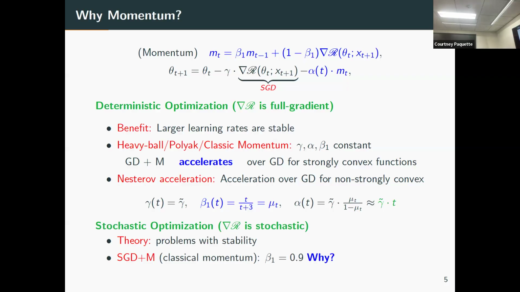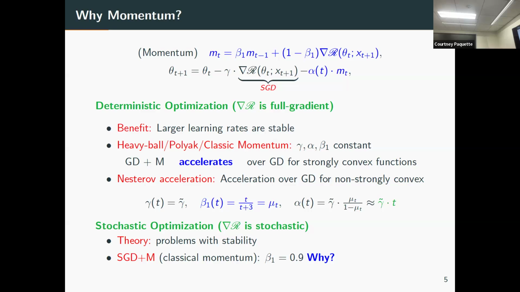So why does this fail in the stochastic setting? Why don't we see this thing? The biggest problem that we have with the theory has to do with stability. These algorithms are more aggressive, so they tend to take bigger steps. They tend to be way more aggressive in their path. So you get instability because you have stochasticity.